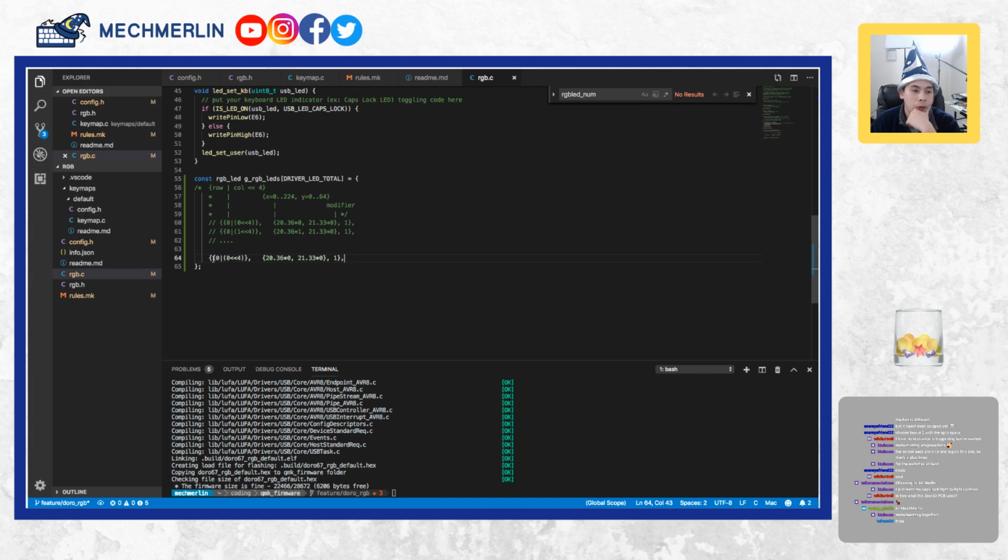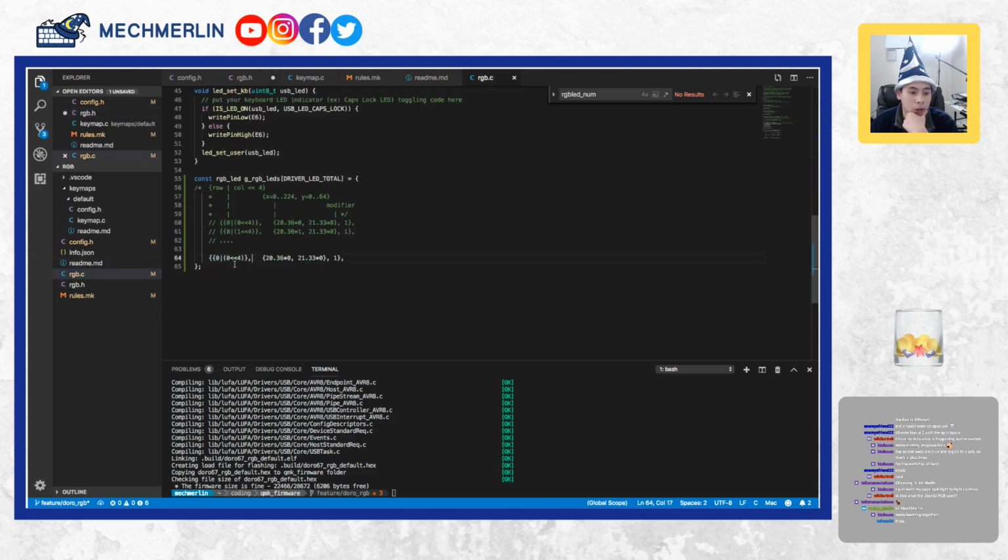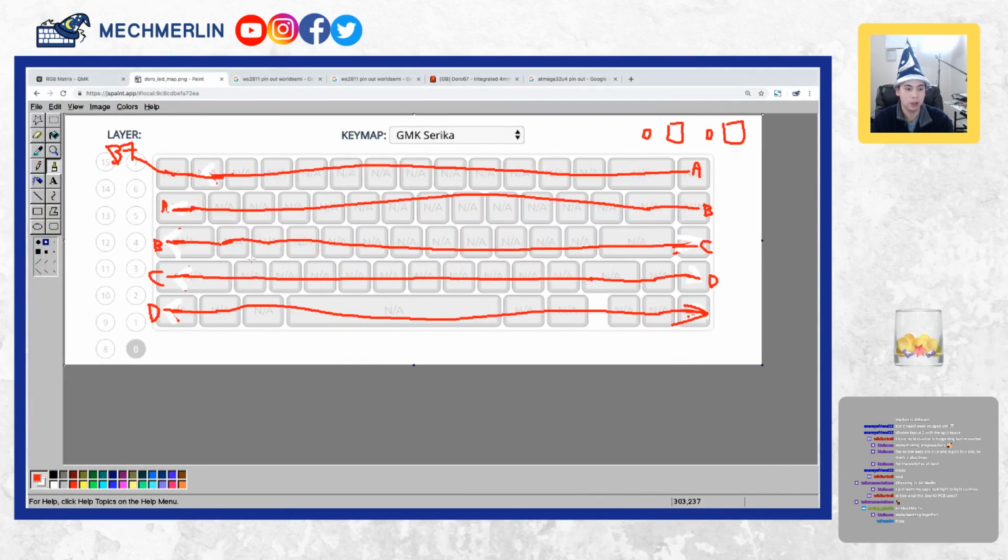Okay. So what I was saying earlier about this segment right here, this is your K00, K01 values that you can find in rgb.h. These guys right here. So the first number is the row, the second number is the column, and basically that's the escape key. So we're gonna do that. That's what the formula says. That's good. The next one is